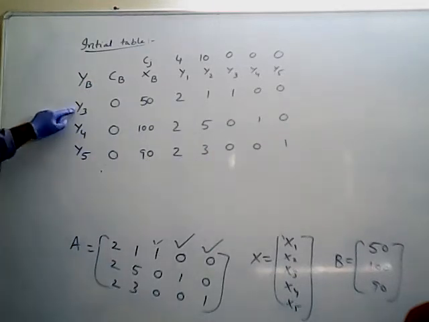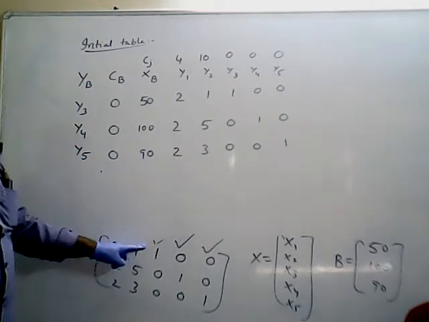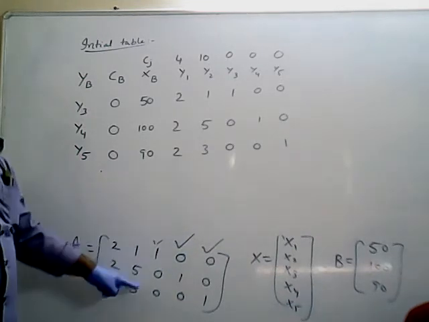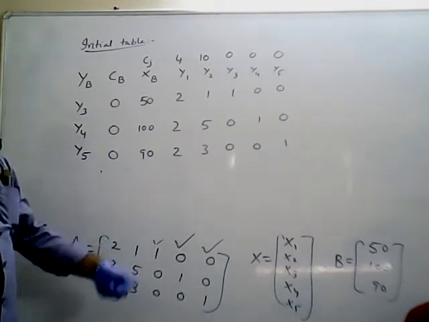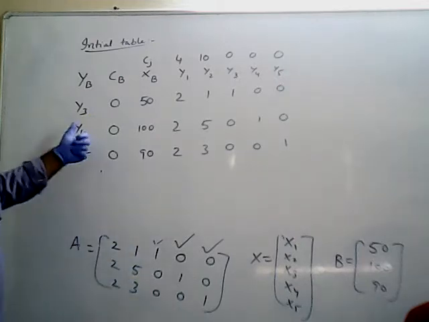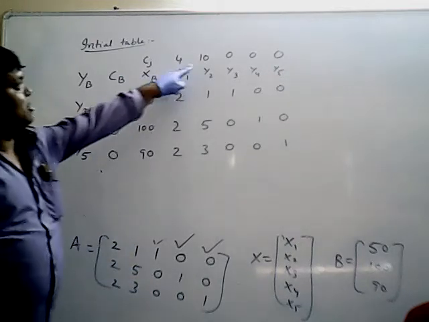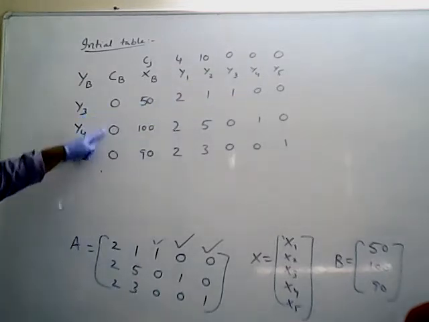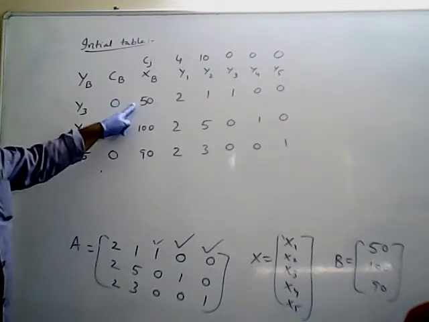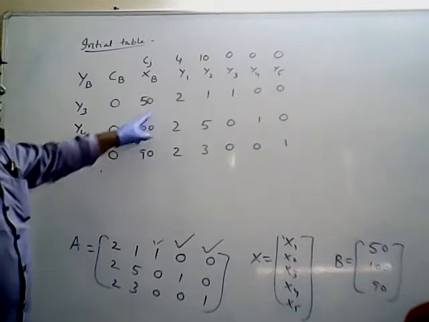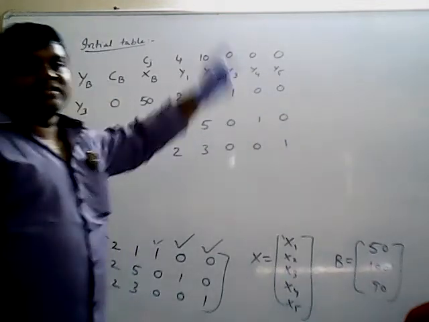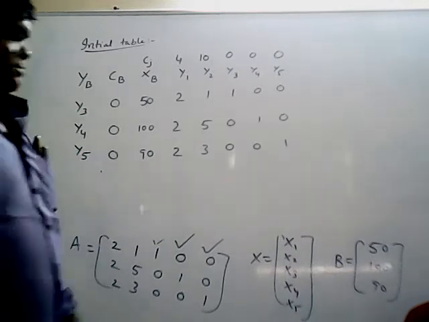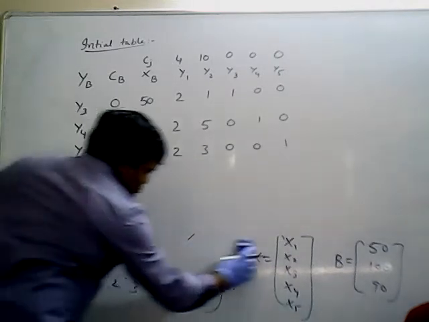So how to identify the entering variables? Where do you get the unit matrix elements? Those variables enter into the basis. So 1 0 0 first is y3, next 0 1 0 is y4, 0 0 1 is y5. So what is the y3 variable cost? Cost will be 0. y4 variable cost 0, y5 variable cost 0. That's why you are getting zeros. Next B matrices means 50, 100, 90. Next, as it is representation of A matrix. Like this, you have to fill the simplex table. So now this one is completed. I don't require this one now.